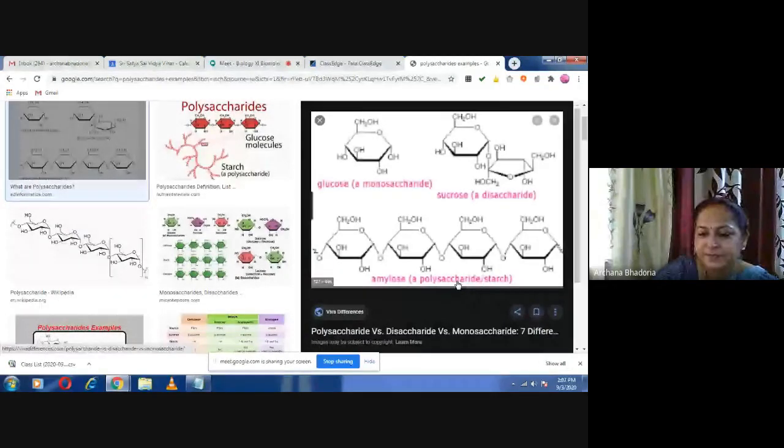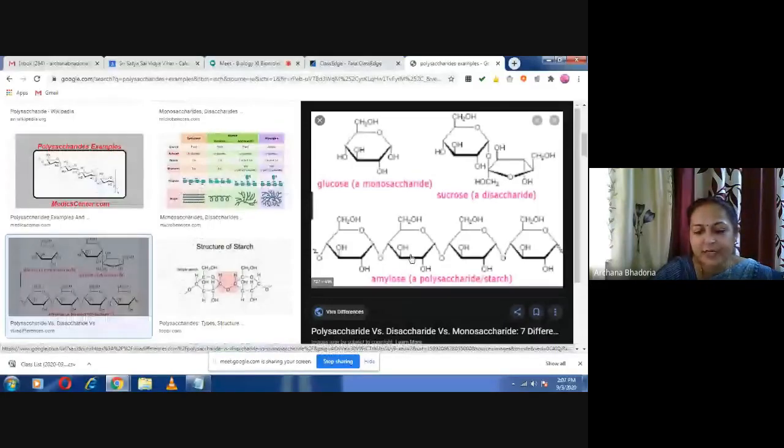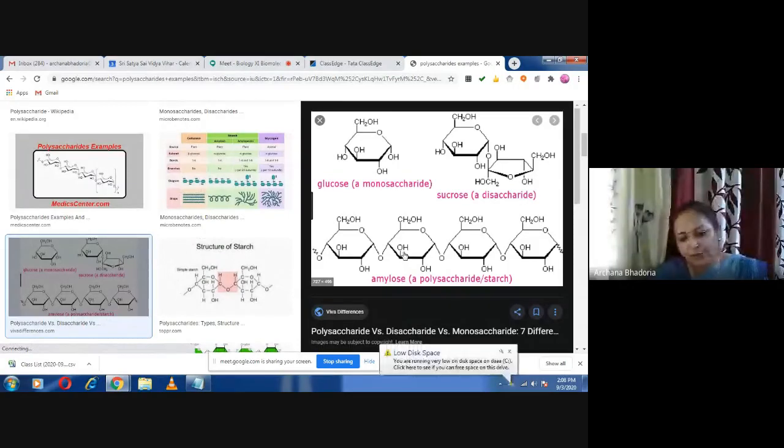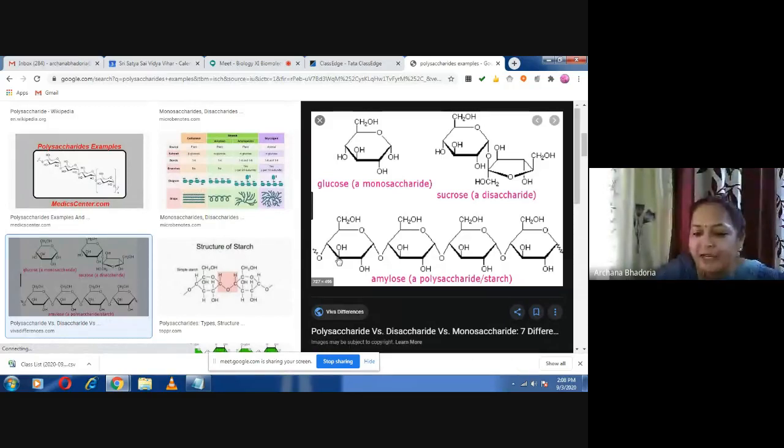Noted, everyone? What are polysaccharides now? Ritu, can you tell? Ma'am, polysaccharides are made up of more than two monosaccharides. More than two monosaccharides. Okay, so now try to see, everyone make this diagram, this chain which is having four